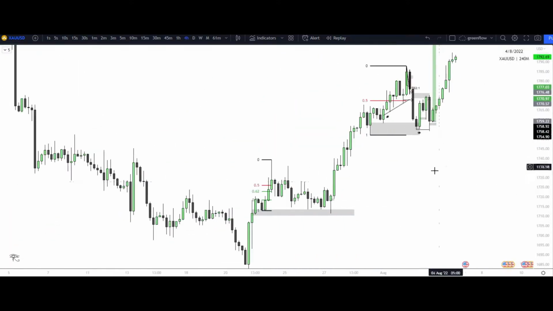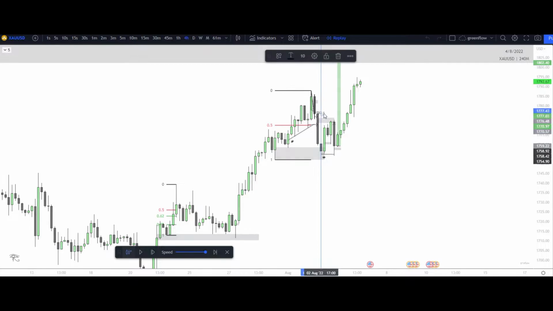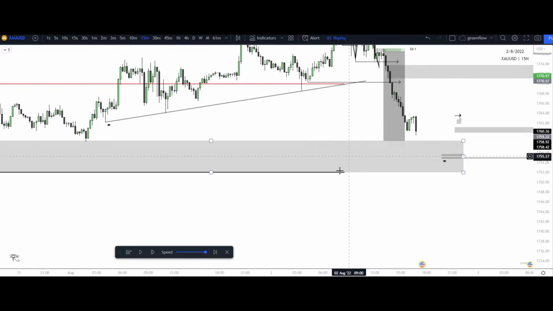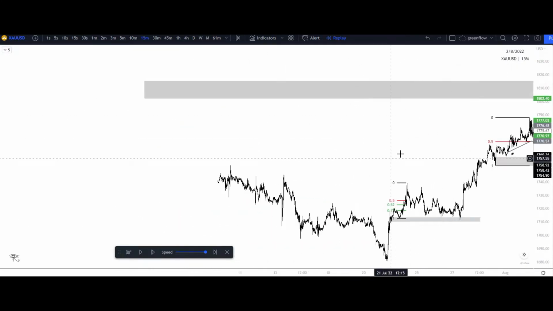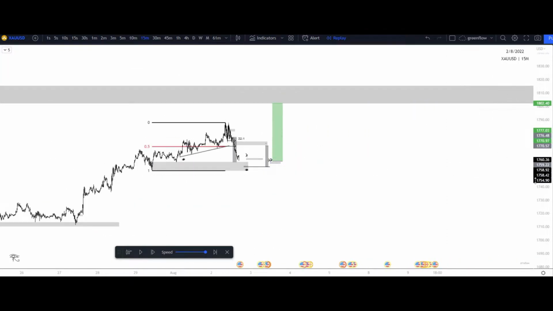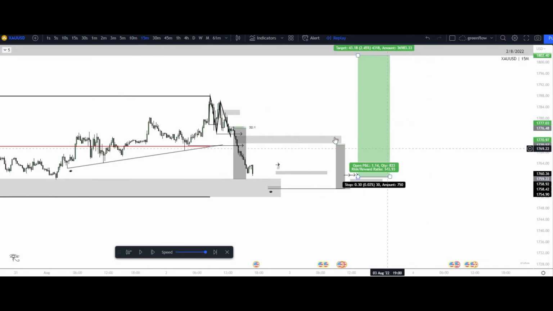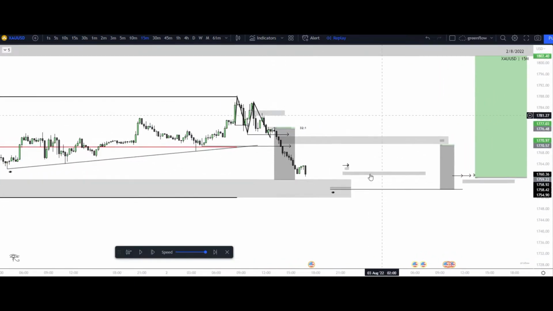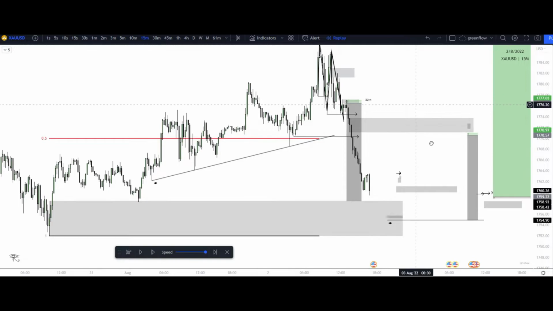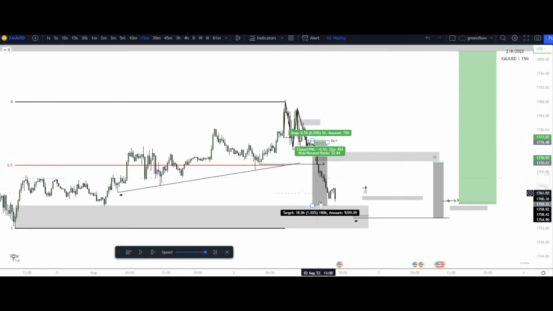So understanding, if I go to replay mode right here, we talked about in our last stream, right, the short that was presented from this liquidity raid to the upside, right, to the left over here, imbalance fill over here. We saw that 15-minute, right, double break to the downside, indicating our hourly wants to pull back into liquidity, right, lower within the range, into areas of demand, lower within the range. We look for price to respect this low that caused this high out of the range, and we look for price to accumulate in discount, right? So within this certain time, we got this trade that was presented right here.